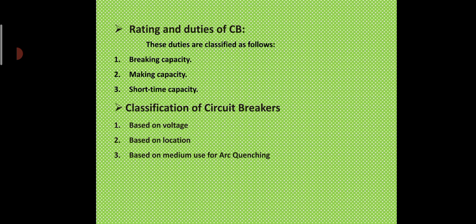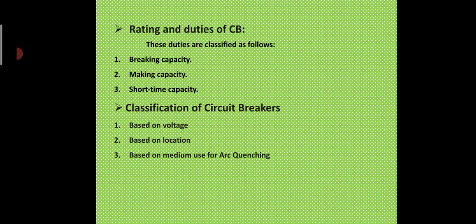The RMS current, number of poles, rated RMS voltage and rated frequency, and rated operating duty are also important factors of circuit breakers. Now, classification of circuit breakers based on voltages, based on locations, and based on medium used for arc quenching. Based on voltage: low voltage circuit breaker, medium voltage circuit breaker up to 1 kV to 52 kV, high voltage circuit breaker 66 kV to 220 kV, extra high voltage circuit breaker 300 to 765 kV, and ultra high voltage circuit breaker